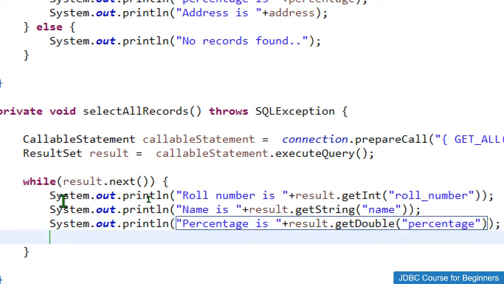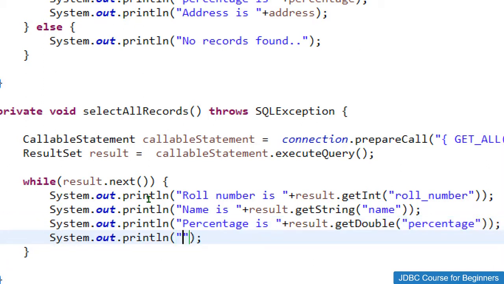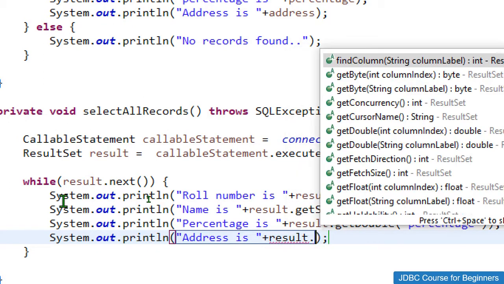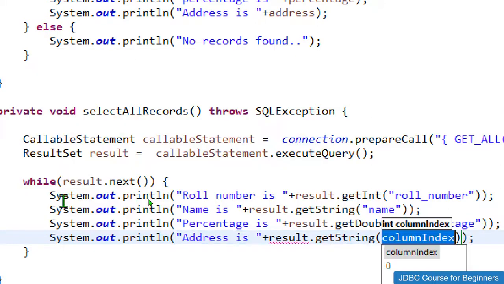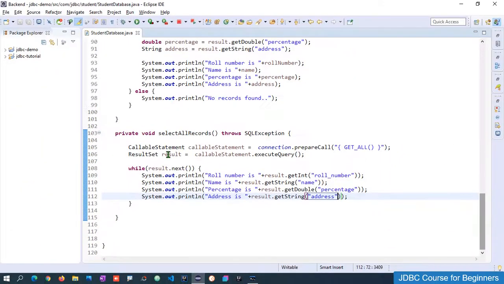And at the end, address is, result dot getString again, and my column name is address, like this. So let me save this code, and now we have done all the basic things.